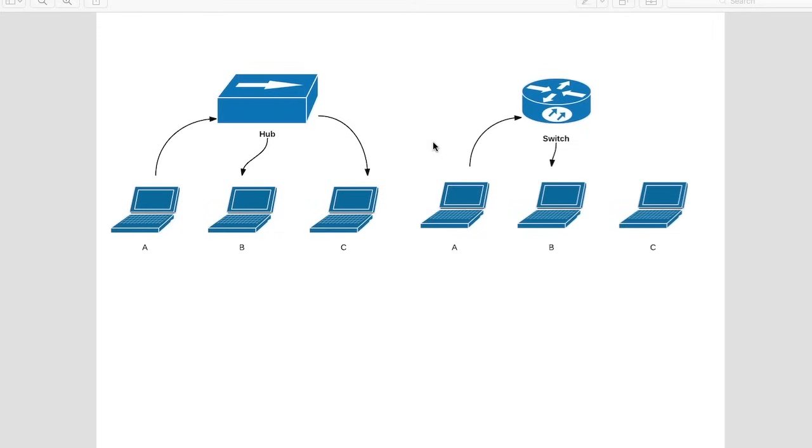In a switched network environment, as you can see on the right-hand side, we have laptop A trying to communicate with laptop B. So laptop A sends a message to the switch in order to get to laptop B, and then the switch directs the traffic only to laptop B, which is the way you would expect it to be. Except that until we had the capability to build switches in a cost-effective manner,